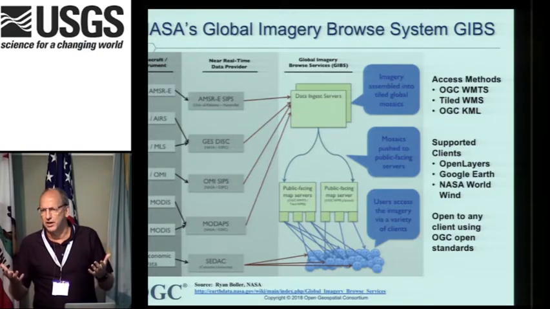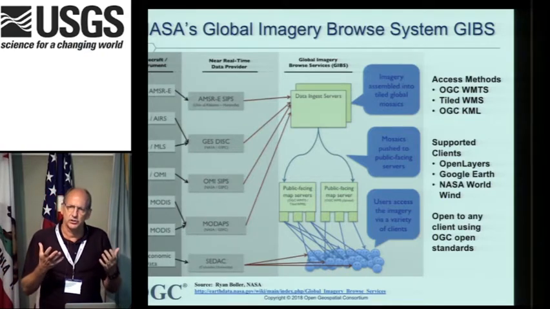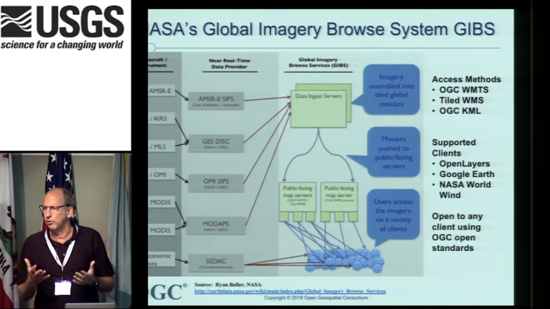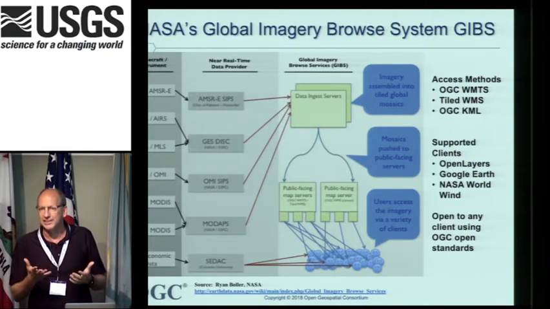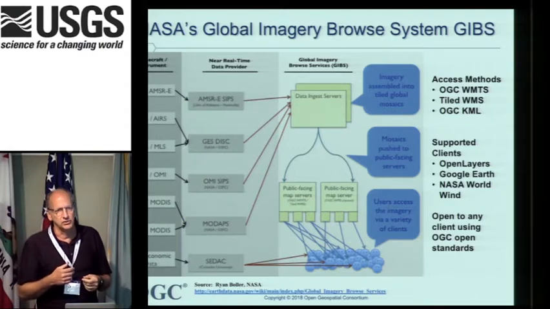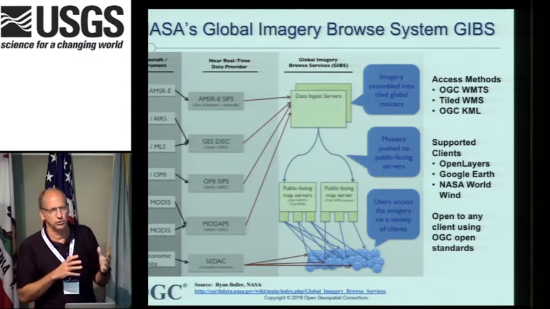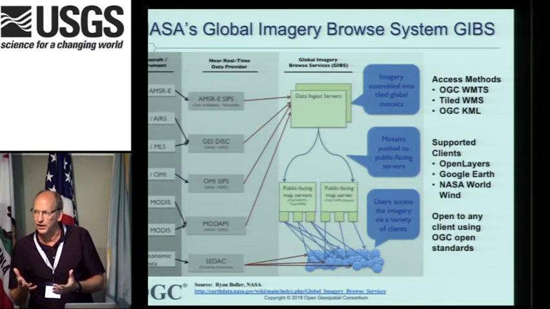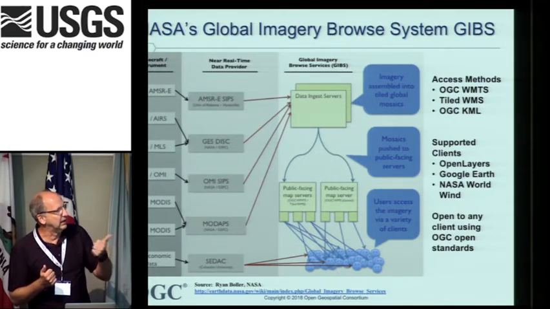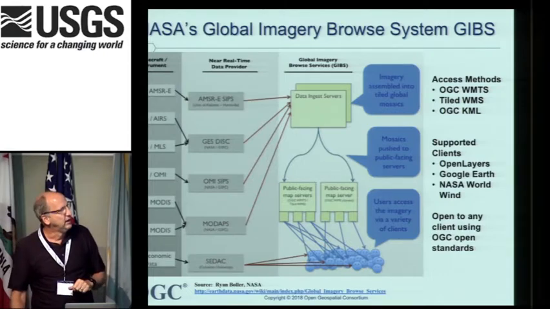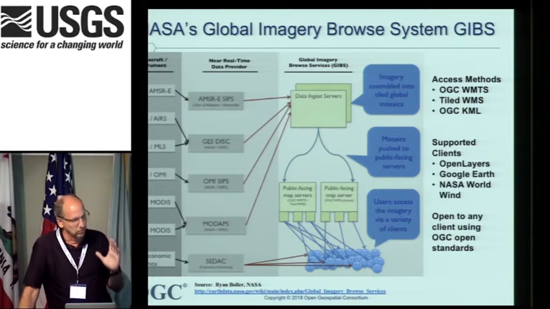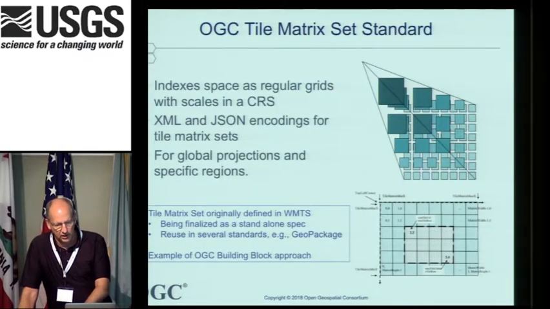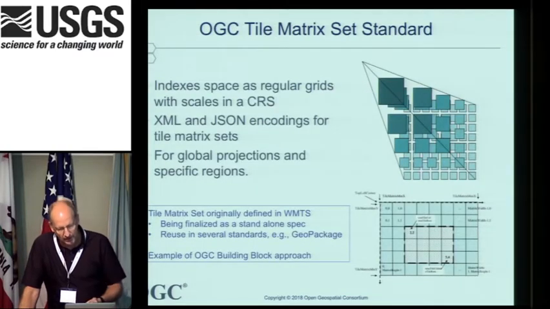Amazing system in the sense of, you can get access to the amazing amount of NASA data using a real simple protocol, web map tiling service, WMTS. And so all kinds of data available to a lot of clients that you usually don't work with, the GIS clients, right? So OpenLayers, Google Earth, NASA WorldWind, all of those can access that. So really impressive. One of the key things that shows up in here in the WMTS spec is what's called